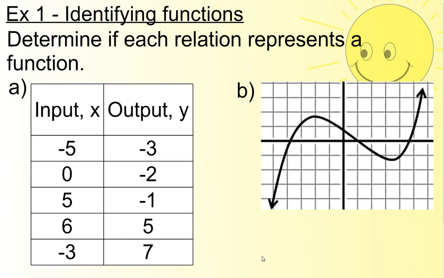So here, the directions ask us to determine if each relation represents a function. For letter A here, we have ourselves a table. So we have inputs, we have outputs. Now, the way that I like to think of functions when you're talking about something like a table is like I like to imagine a soda machine. So if you imagine a soda machine,